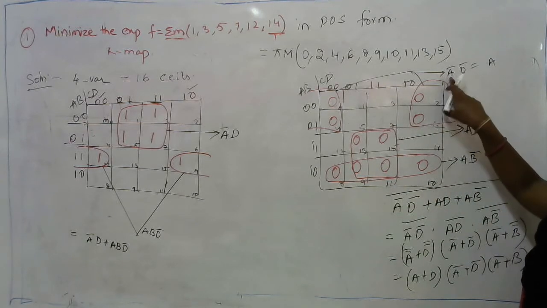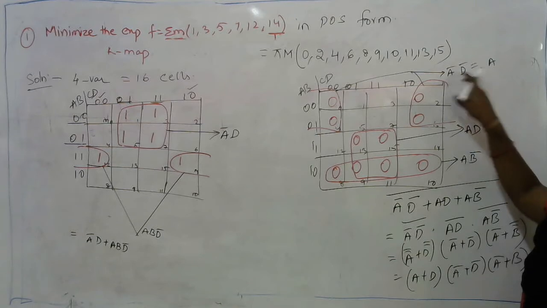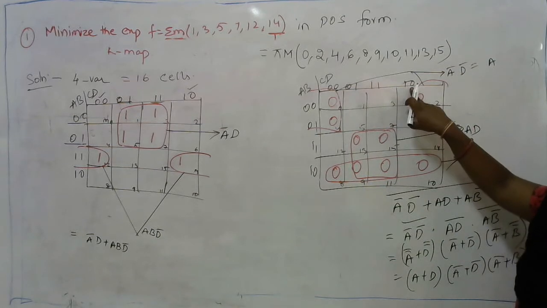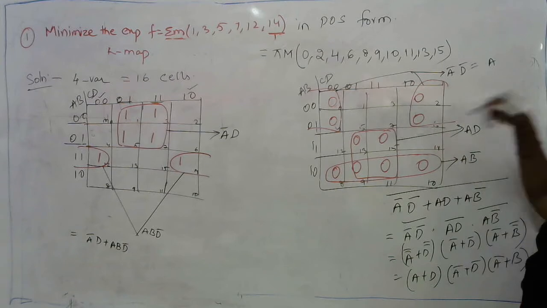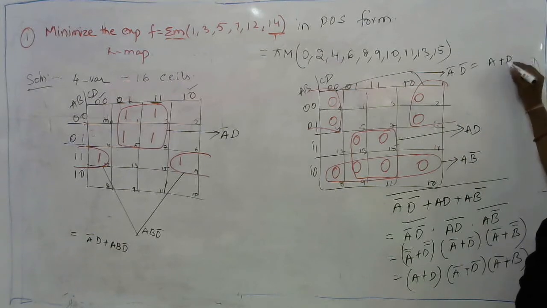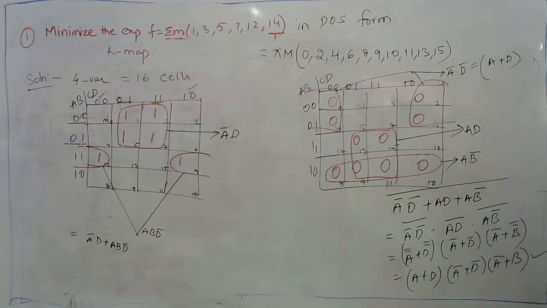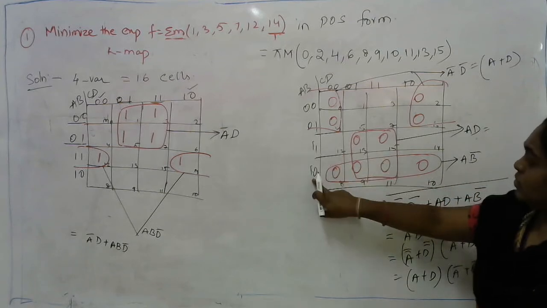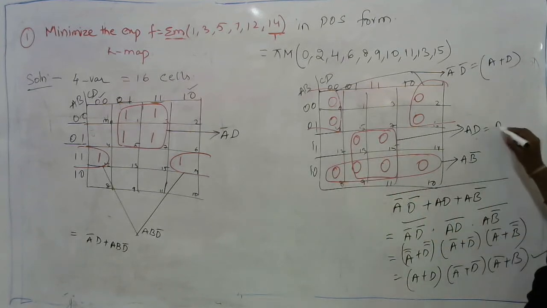Now row after row we need to give a plus symbol followed by the column. So here the column is having D as common, under D it is having 0, the opposite is nothing but A plus D. So that is the way you can directly write it, or if you are confused with it. Similarly here, I have written it as AD because it is SOP. If I am considering it as a POS, as A is 1 and common, it should be in the complemented form. So it is A bar plus D bar, and this is A plus B bar.